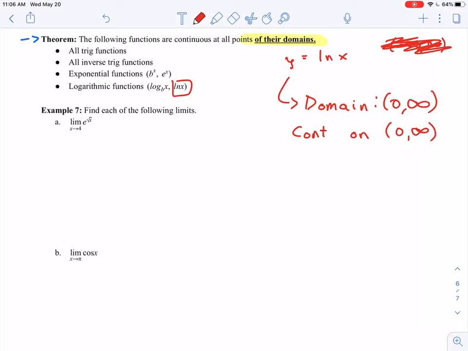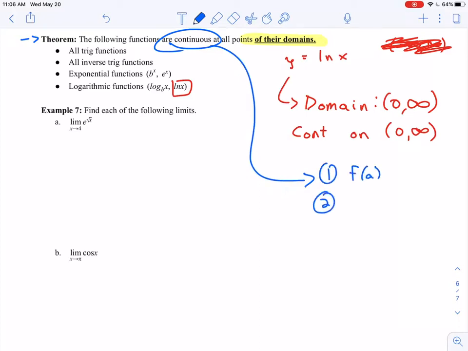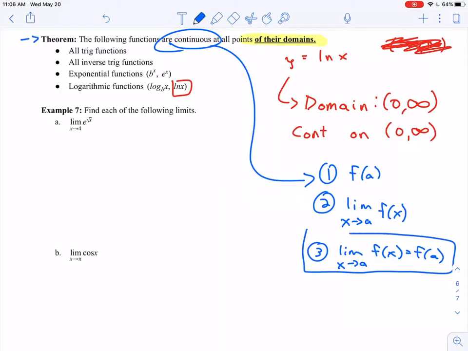And what this allows us to do is evaluate a whole bunch of other limits. Because when it comes to what it means to be continuous, remember the three things we talked about for continuity. We said f of a needs to exist, the limit as x approaches a of f of x needs to exist, and then for the third part, we need these two things to be equal: the limit as x approaches a of f of x is equal to f of a. So it's really this third property that's so important and why we care about this theorem so much,